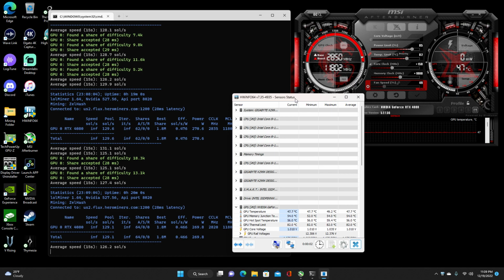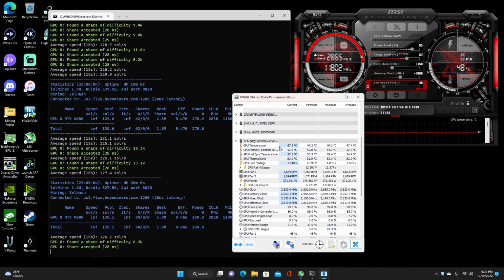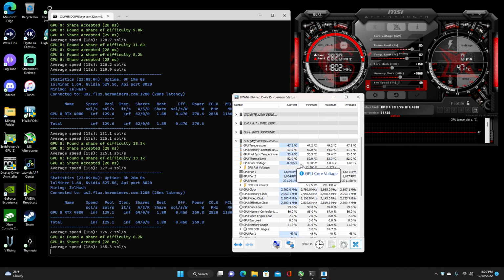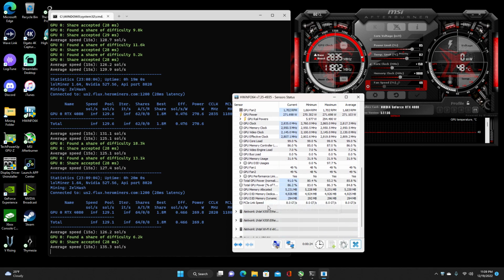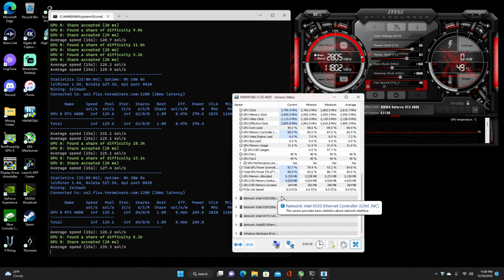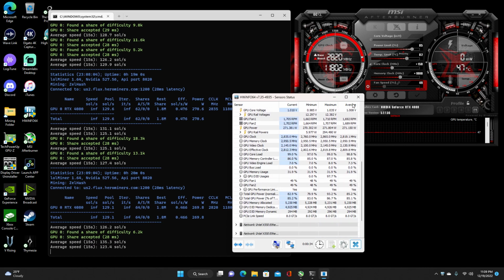So getting 47C on the regular temperature, 52 on the memory junction temperature, and about 58 to 53 for the hotspot. Yeah, they need to really put the memory temps back on here. Anyhow,